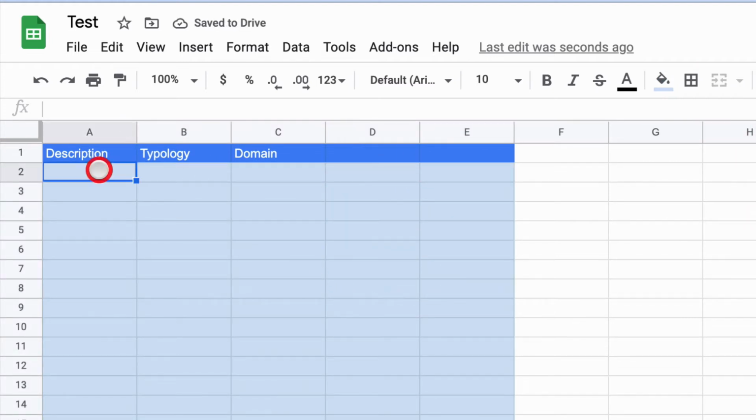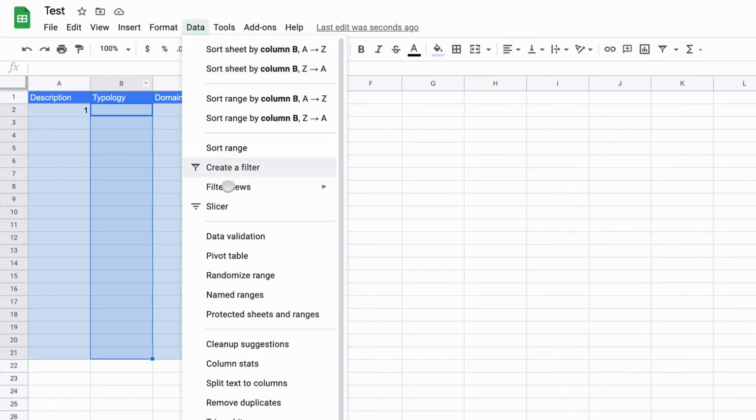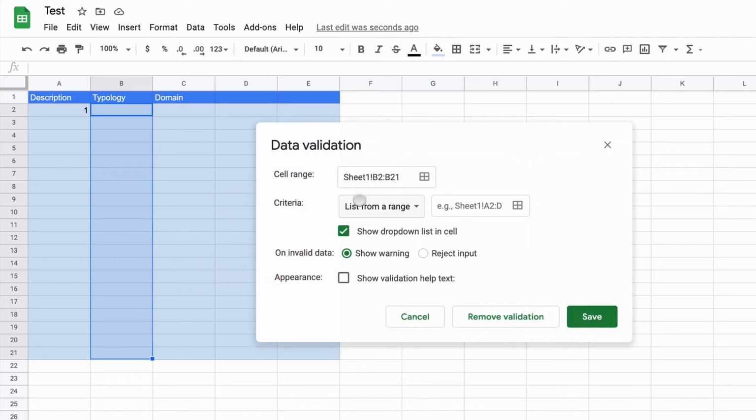Now, I mentioned that you might have a description, and instead of having to type out the domain every time, I wondered if I could get a drop-down menu. So I want to show you how you can do that. Let's say the typology cells are going to be here. What I'm going to do is go to Data up in the toolbar, and from Data, I'm going to go to Data validation. Once I click Data validation, I get this pop-up, and it looks complex,